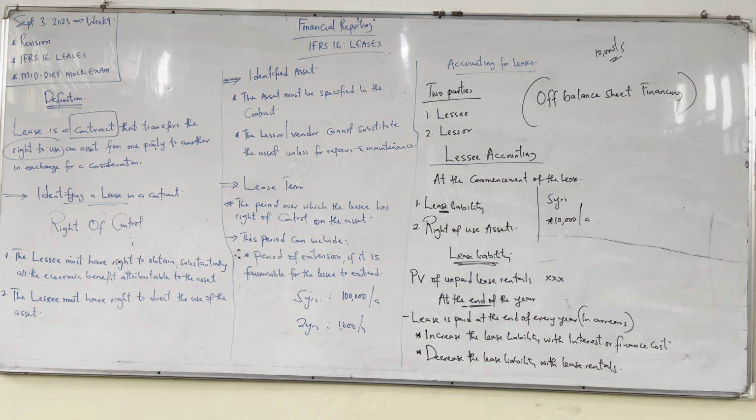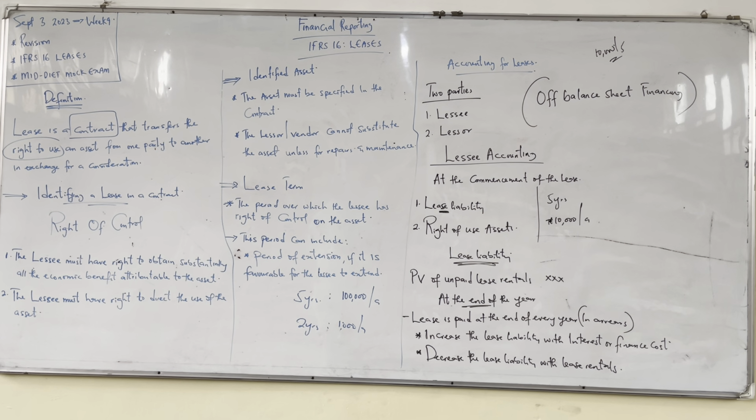Now, at the end of the year, we say that we are going to unwind the discount, or let's say we are just paying interest on the money we have borrowed. But the right thing is that we are unwinding the what? The discount with interest. Then my question to you is this. This one is increasing the lease liability. Without even me telling you, you know that means we are crediting the what? The lease liability. That's what it means. So that interest is increasing the lease liability. We credit it.